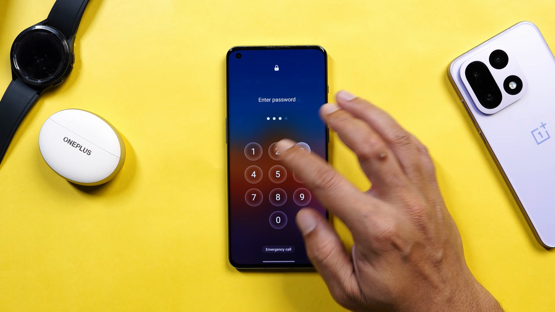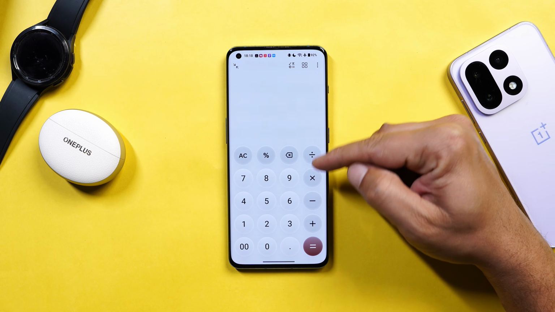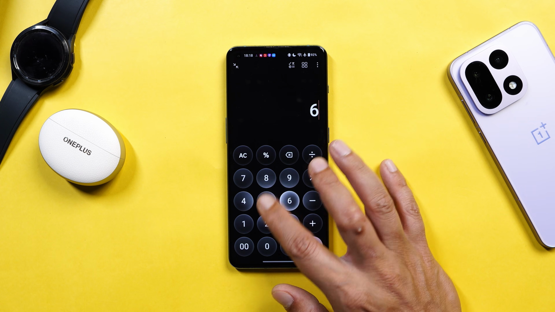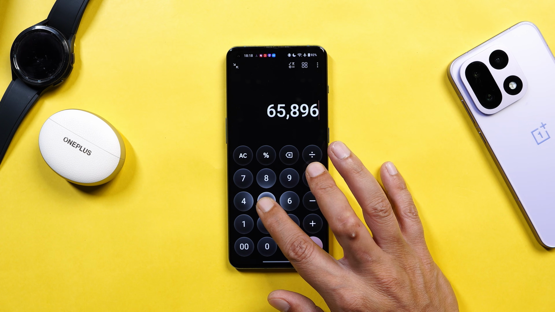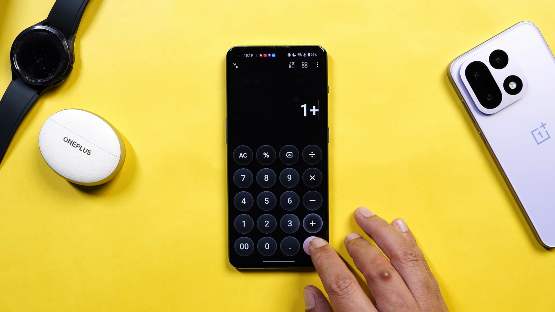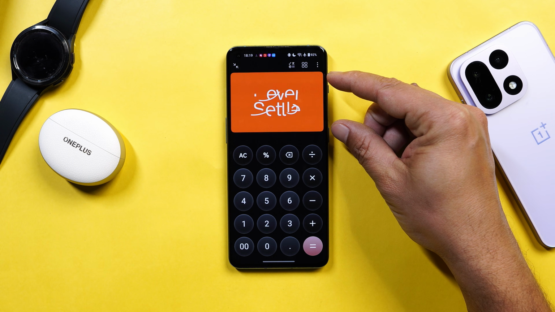So this is something new what you'll see on OnePlus 10 Pro. Also same thing you'll find it in the calculator application. Let me turn on the dark mode, and here you can see we have that glow effect along with that frosted glass design. Inside the calculator application, if you tap OnePlus equals, now you have a new logo of OnePlus